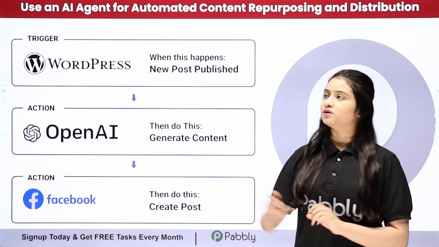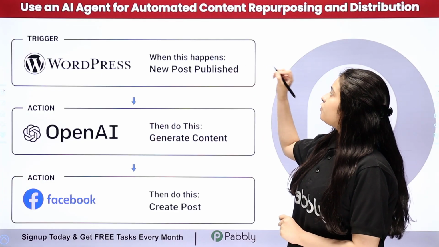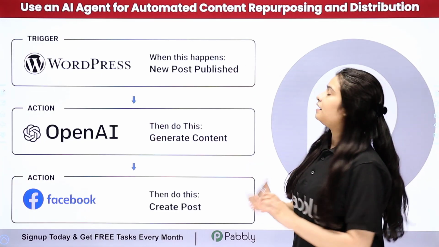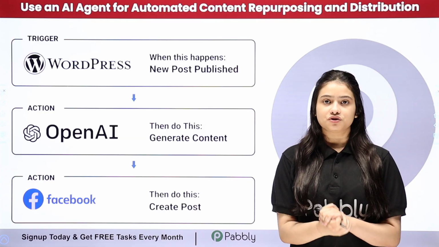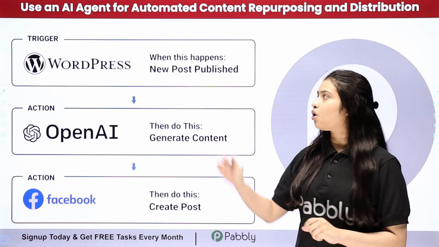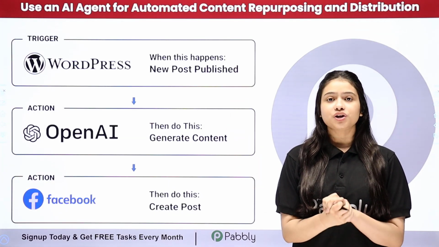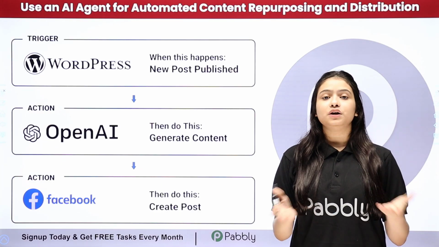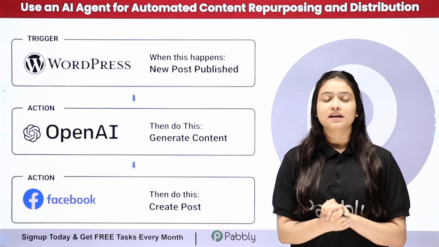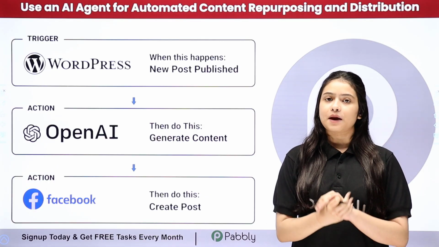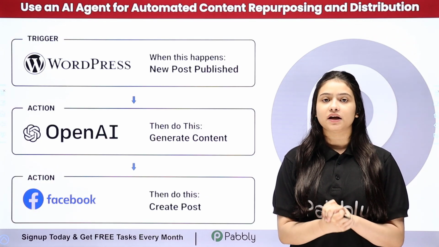In this video, we are going to learn how to use an AI agent for automated content repurposing and distribution. As a business strategist, I am regularly uploading new blogs on my WordPress site. I also want to share these blogs on my Facebook page, but doing it manually is a time-consuming process. Therefore, I have decided to automate this entire process with the help of Pabbly Connect and my AI agent, that